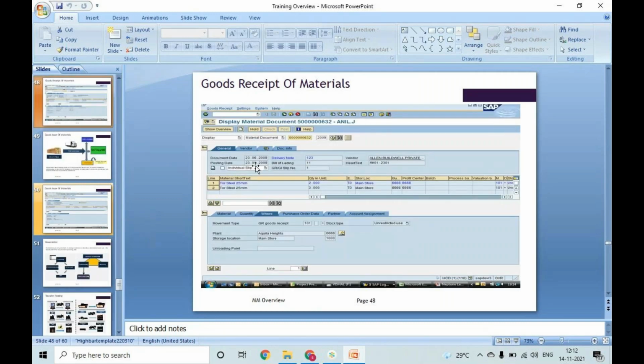This is the goods receipt screen, which we call the MIGO screen. You will have the delivery note number, and if it is an import material receipt, then you will have the bill of lading number to enter. In which plant you are procuring and in which storage location you are storing the materials received, all these details will be captured in the goods receipt screen.